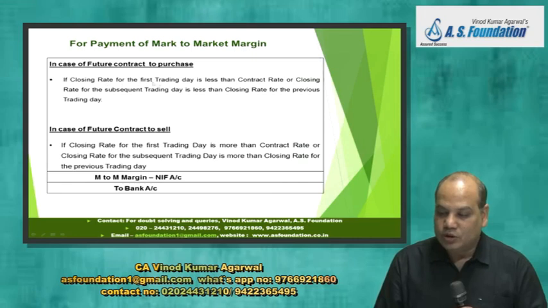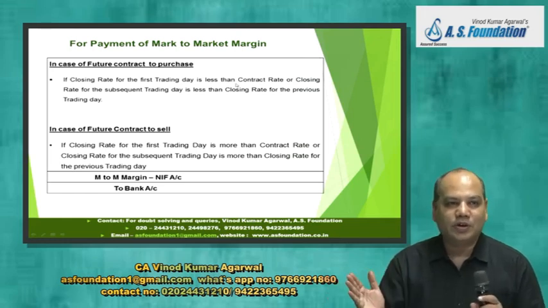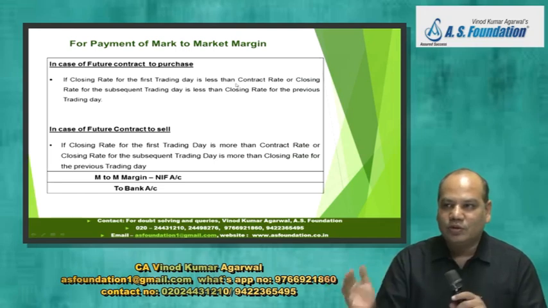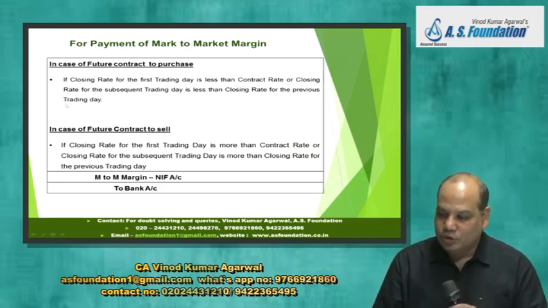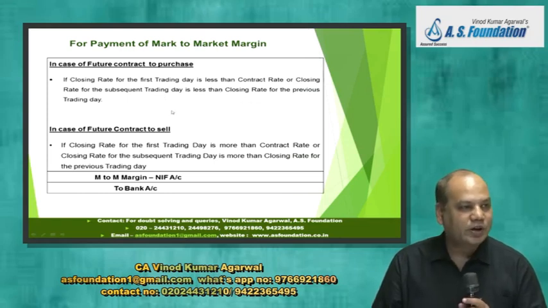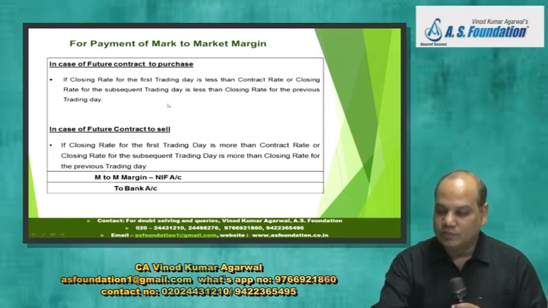if the closing rate for the first trading day is less than the contract rate, on the first day we will compare with the contract rate, and then subsequently we will compare the last closing with today's closing. If the closing rate for a subsequent trading day is less than the closing rate for the previous trading day, then you will have to pay mark to market margin. Now, to understand this line,